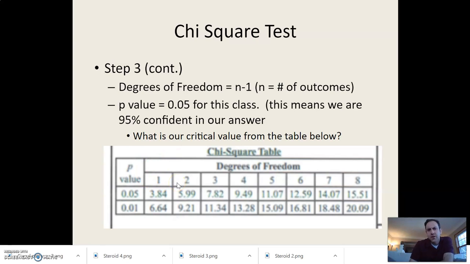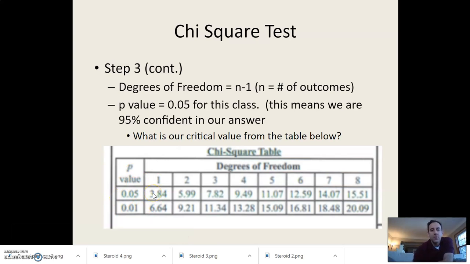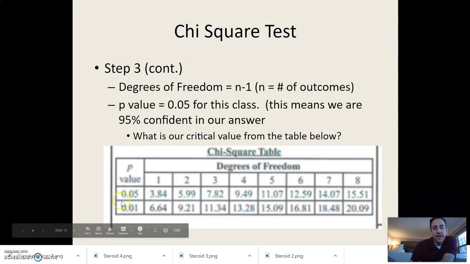Later we're going to do these things called Punnett squares, where there might be 4 outcomes. So then n minus 1 would be 3. The p-value, we're always going to use 0.05 in this class. And what that means is we're looking for 95% confidence in our answer. In other words, if we did this experiment 100 times, 95 out of 100 times, it would agree with what we decide. Sometimes people want more precise p-values. For example, if you're designing a medication, you want better than 95%. You want it to work